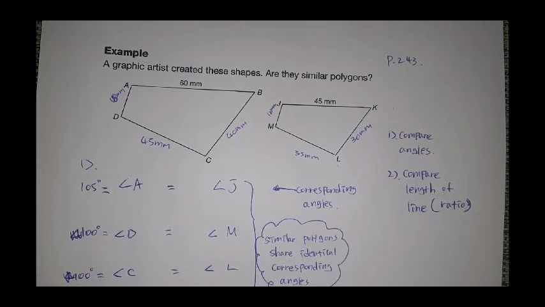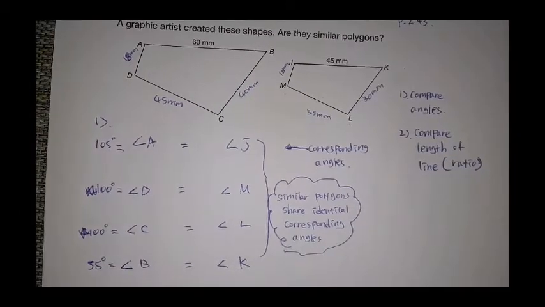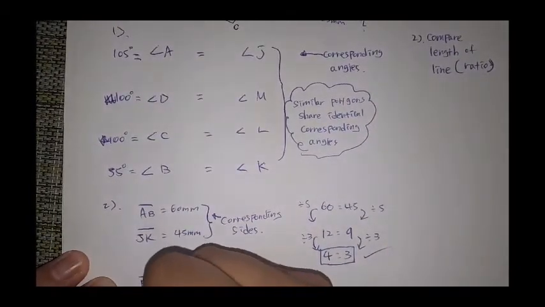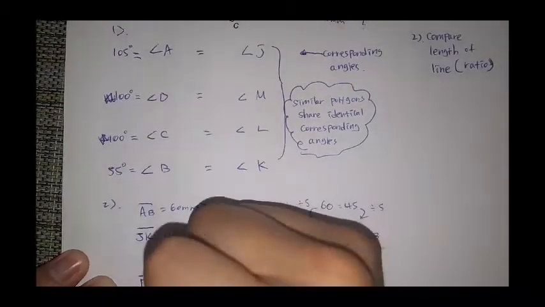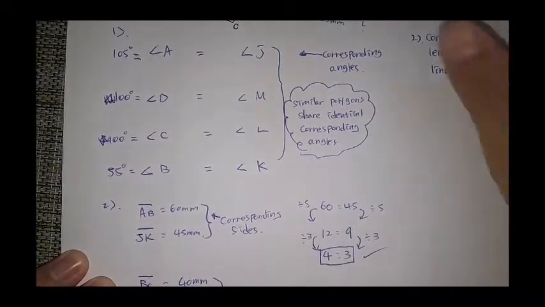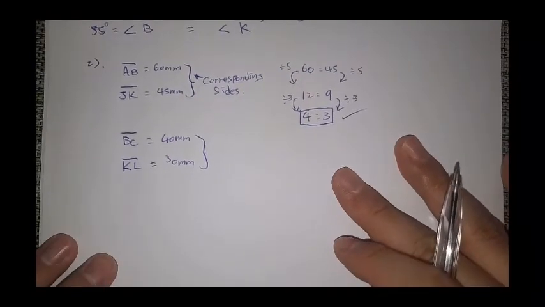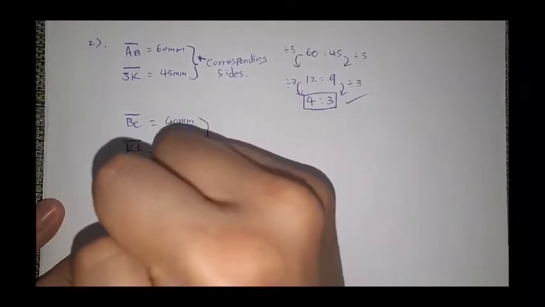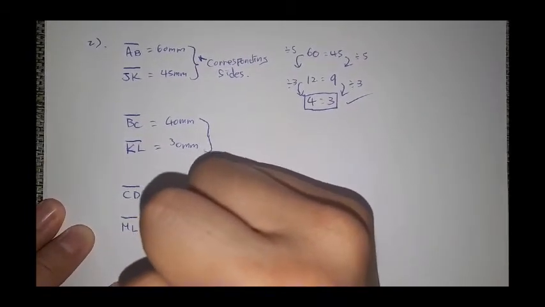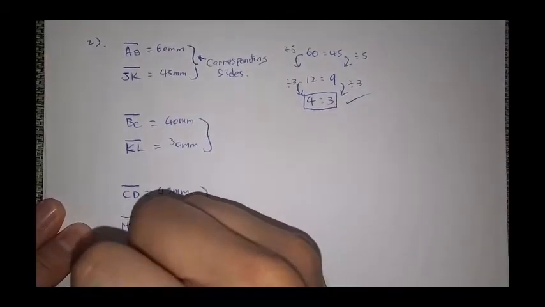Although I don't think I measure in a good way, because my diagram is a little off, but in any case, let's compare BC and KL. 40 mil, 30 mil. We're gonna compare these two. Then followed by, I'm gonna write down first CD, which is 45 mil, ML, which is 35 mil. We're gonna compare this corresponding side. And our last AD,